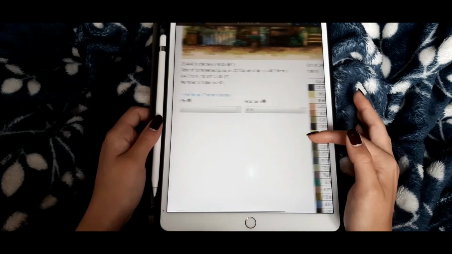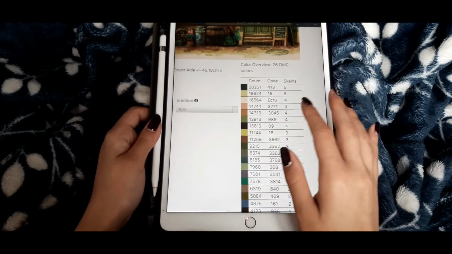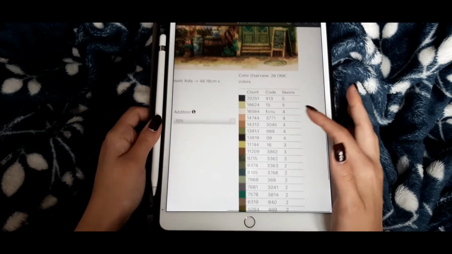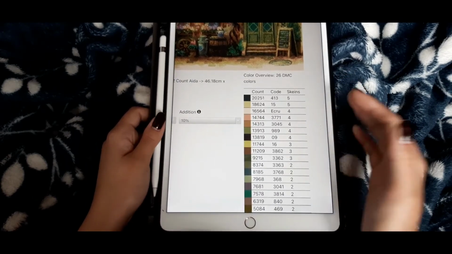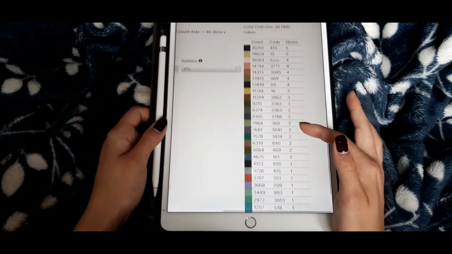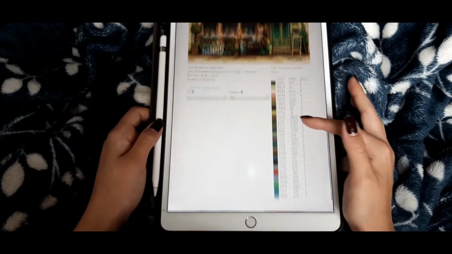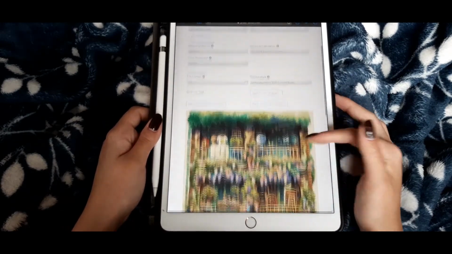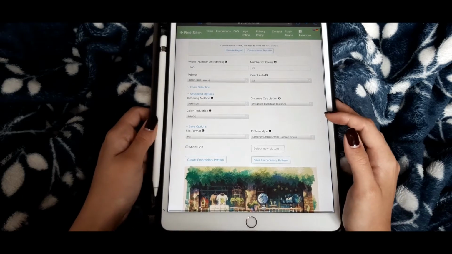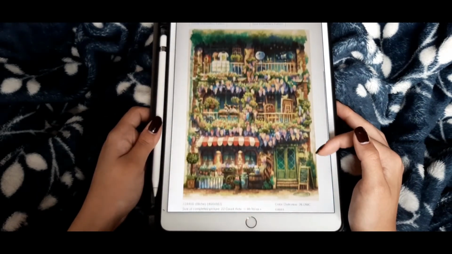This is for 22 count aida, but I'm not using 22, I'm using 25 even weave, so it is going to be an even lower number of skeins. So yeah, this is how you create your embroidery cross stitch pattern on Pixel Stitch. Sorry. I'm going to do this again on my phone,